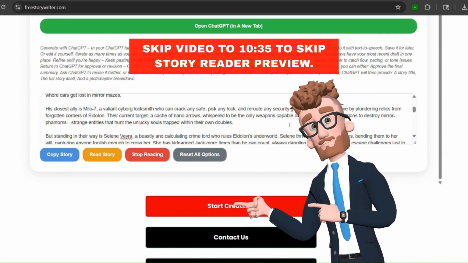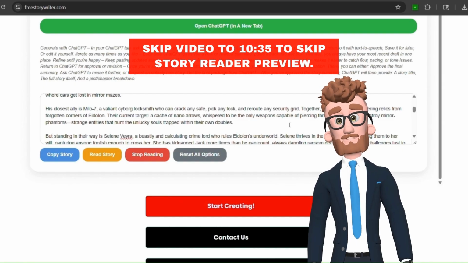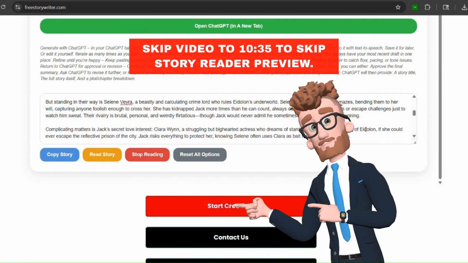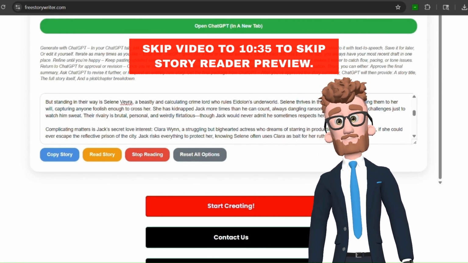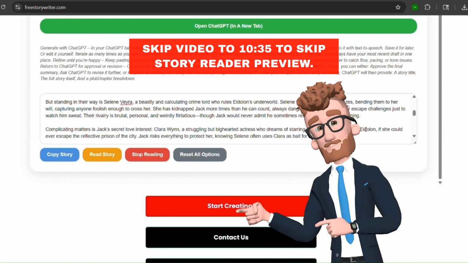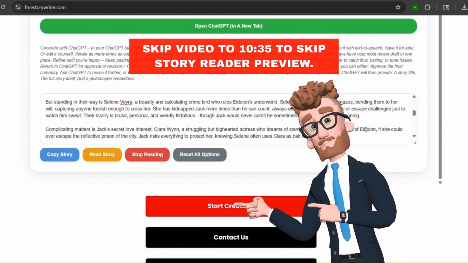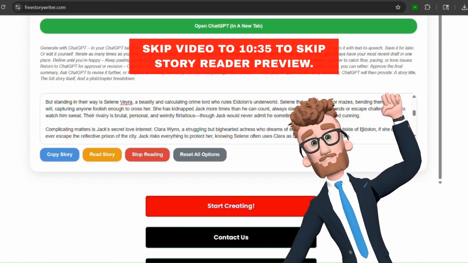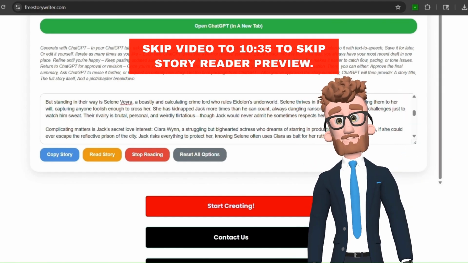But standing in their way is Selene Vera, a beastly and calculating crime lord who rules Eidolon's underworld. Selene thrives in the mirror mazes, bending them to her will, capturing anyone foolish enough to cross her. She has kidnapped Jack more times than he can count, always dangling ransom demands or escape challenges just to watch him sweat. Their rivalry is brutal, personal, and weirdly flirtatious, though Jack would never admit he sometimes respects her twisted